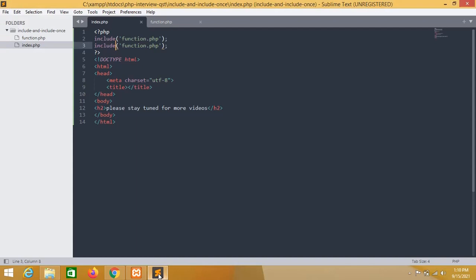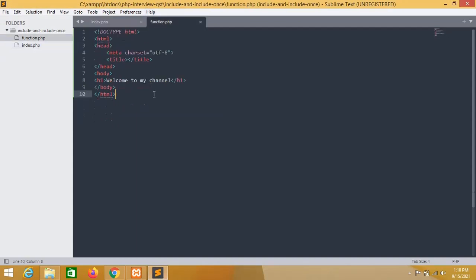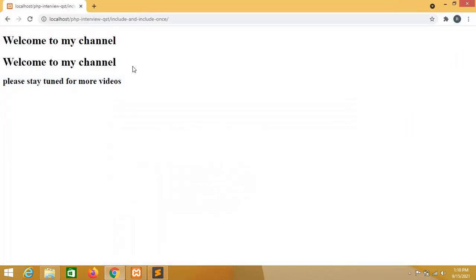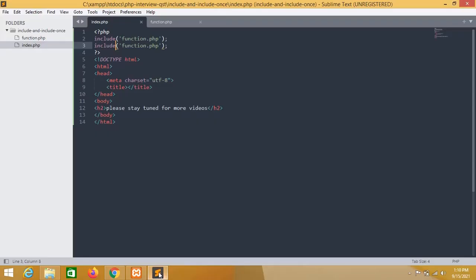But here we have not used any classes or functions in function.php, that is why it is executing properly and not showing an error. But in some cases when we are working on a big project, it might print an error.